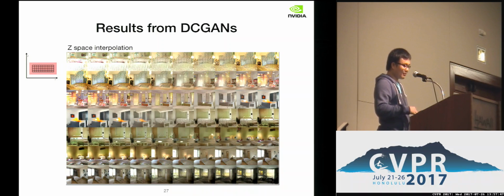And once you have the GAN trained, each random number z maps to a natural image. In this case, the GAN was trained to generate bedrooms. You sample a number z and you have a bedroom, and when you travel in the low-dimensional space, you can see the bedroom change smoothly from one bedroom to another. You can see examples in other rows of the images. It's really nice. It convinces us that it captures a very good understanding of the images.